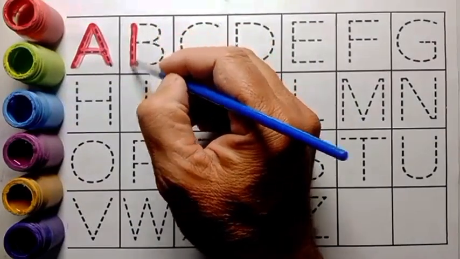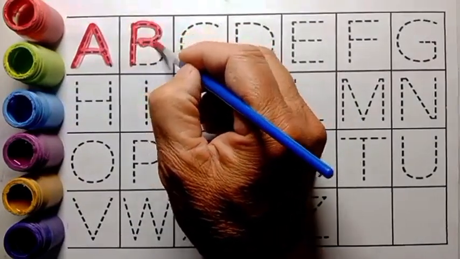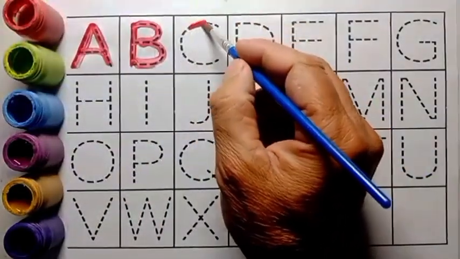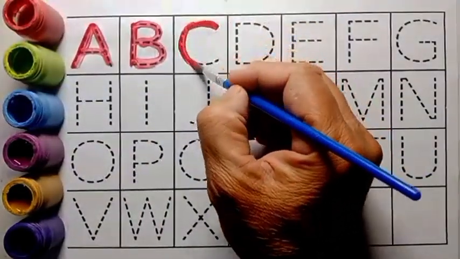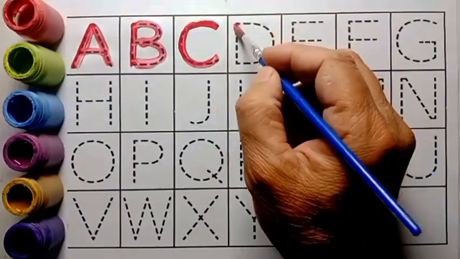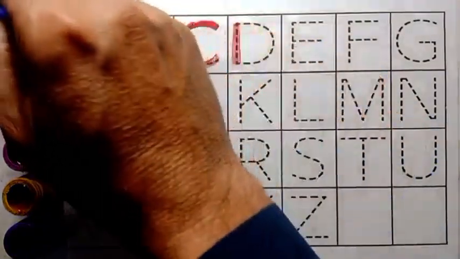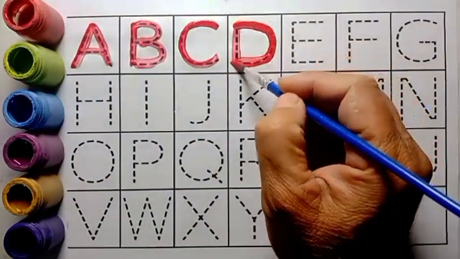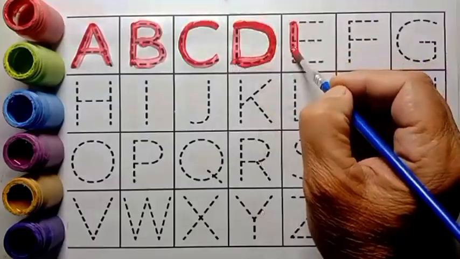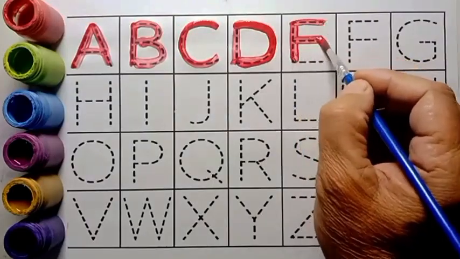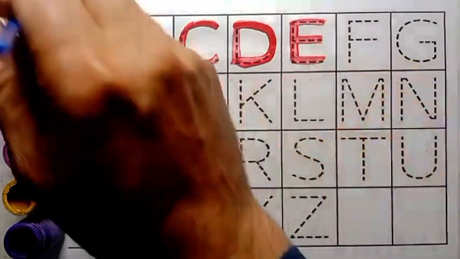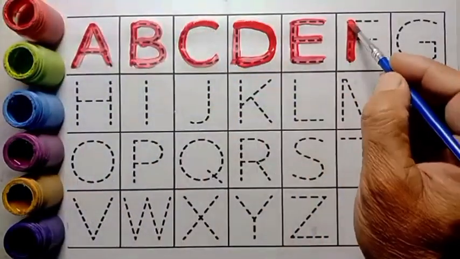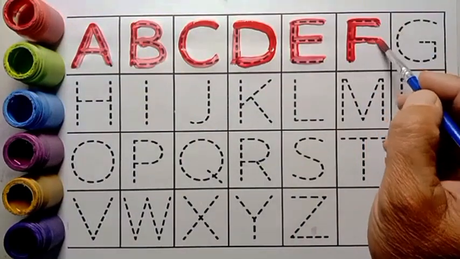B for banana, C for cat, D for doll, E for eagle, F for fish,